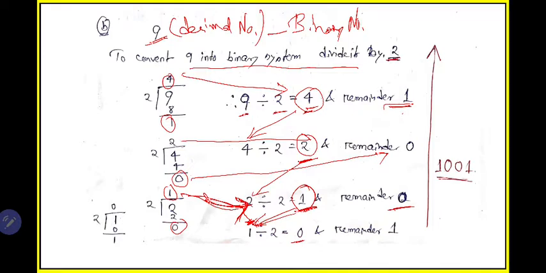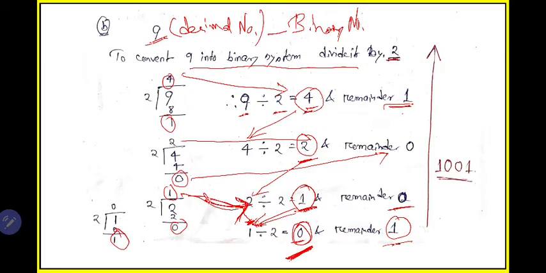So divide 1 by 2. You cannot divide 1 by 2, so the result will be 0, and 0 times 2 is 0, with 1 left over here. Okay, so your remainder is 1, but now this place is 0, so no further division is required. Remember, until this place becomes 0, you need to divide again and again. Now it is 0, so no need to divide further.